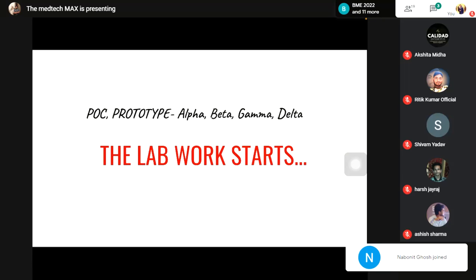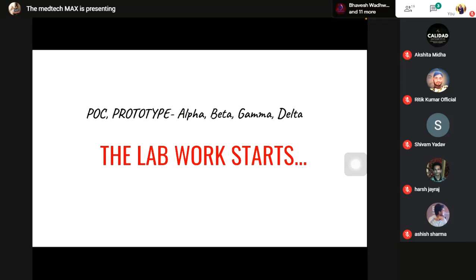Finally the delta prototype will be manufacture ready. You can actually 3D print everything in it. If you give it to a manufacturer, he will exactly do the thing. Even if he repeats it 10 times, it will be in the same form. So it will gradually evolve. So right now I think until proof of concept